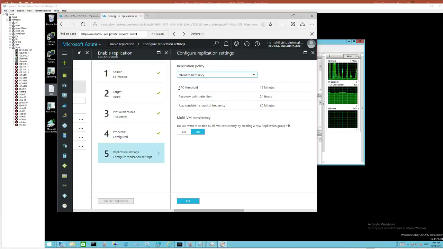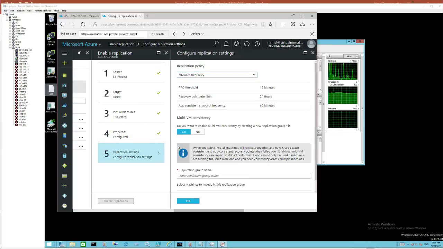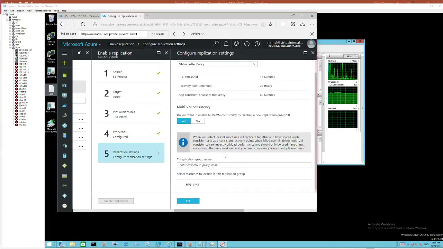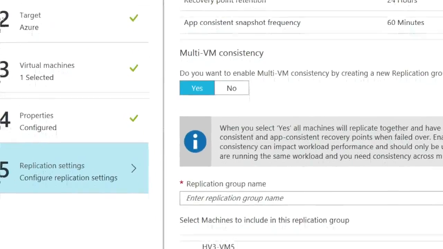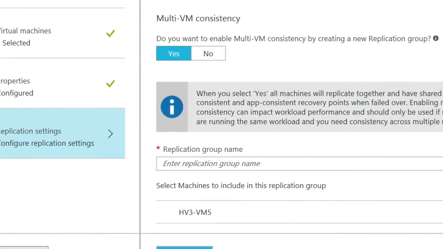With the capability of having the mobility agent inside the VM, we can now do app consistent snapshots. Another capability that I want to look at in here is the multiple VM consistency. Most of the time, you would have applications that are multi-tiered, whether it's 2-tiered, 3-tiered. What this allows us to do is, when we take these application consistent snapshots or crash consistent snapshots, if you've added them to a replication group, the snapshots will be taken at the same time,